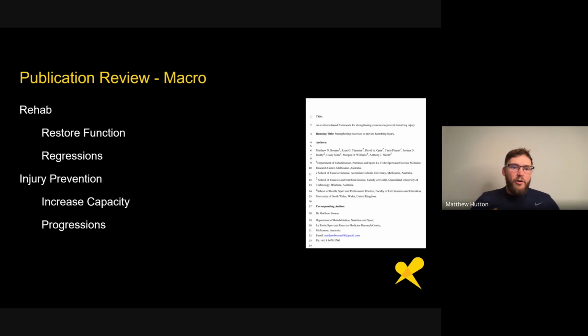So to break down the macro a little bit more and kind of how they went about the injury prevention, the exercises that they found to be the most stimulative for strength development, and so they were measuring particularly with force development. So if you had somebody on a Nord board, for example, the Vald device,